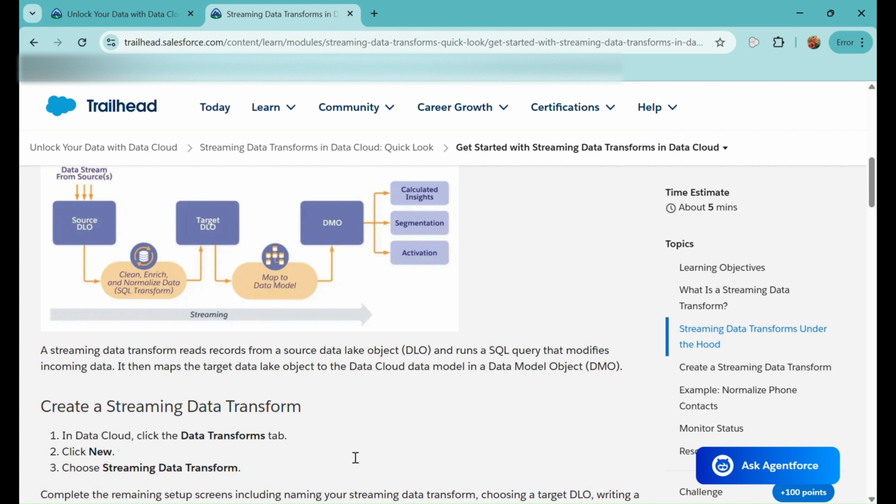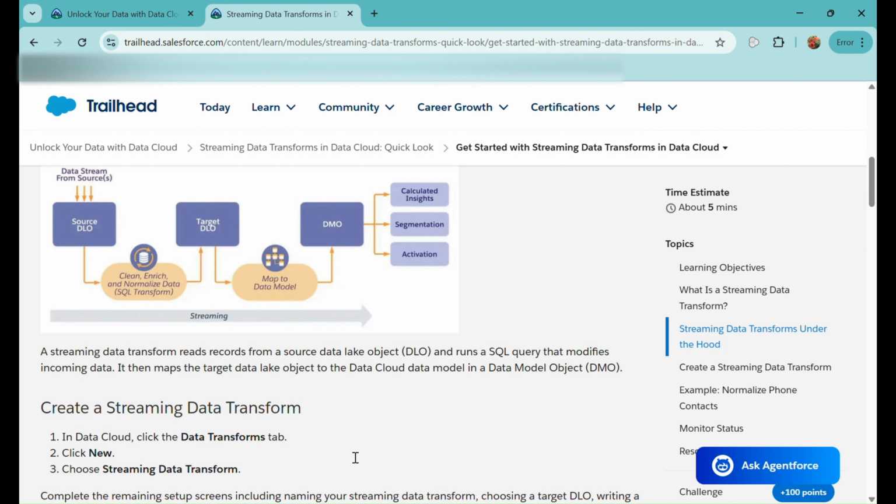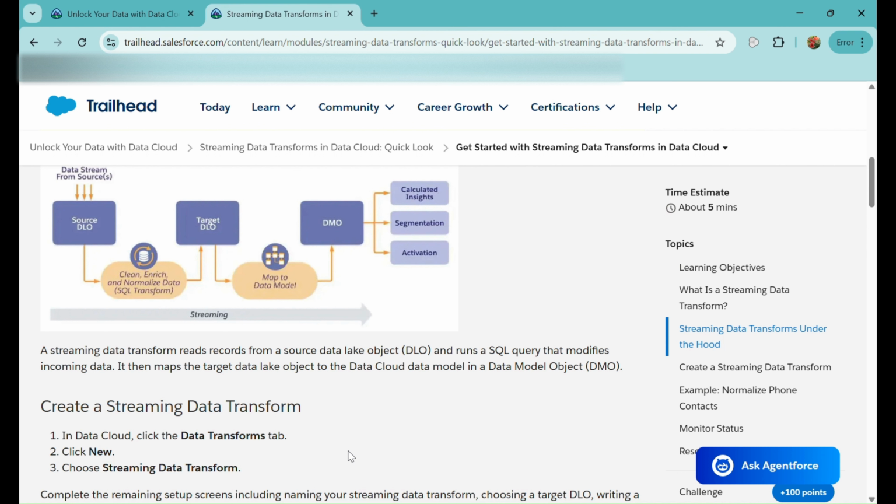If we want to do a data transform, we read the records from the source data lake object and run a SQL query on them to modify the incoming data. Then we map the target data lake object to the data model in the DMOs.